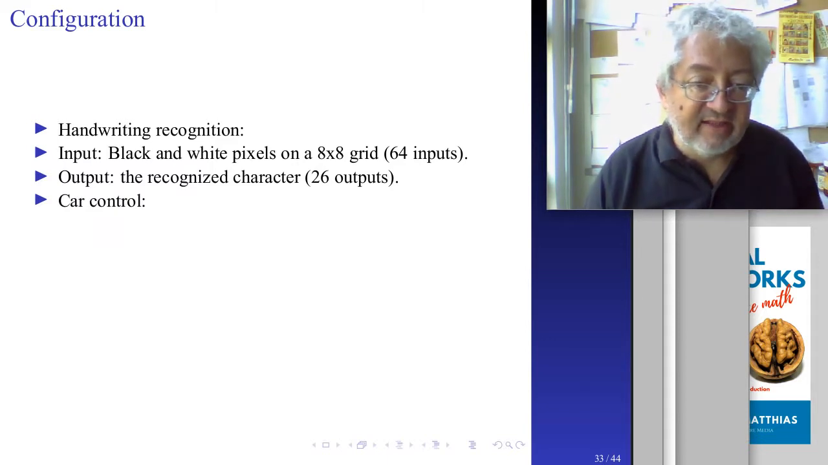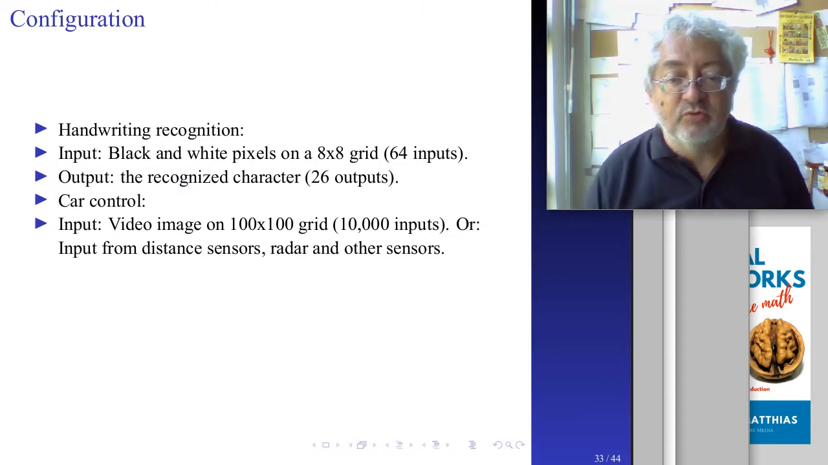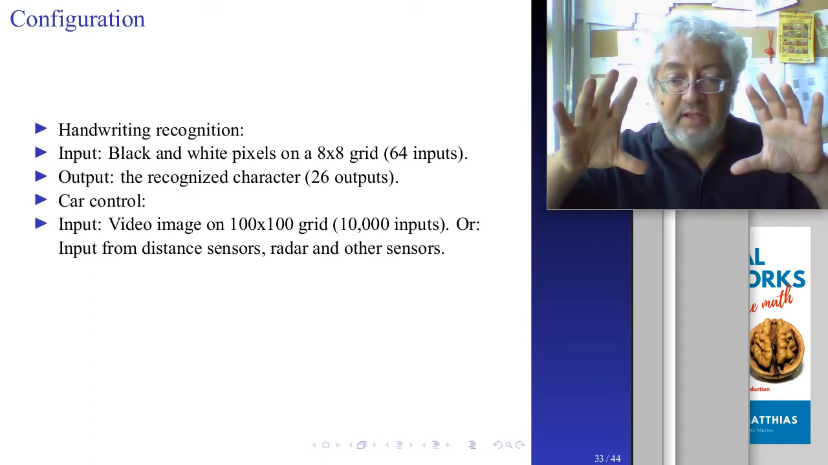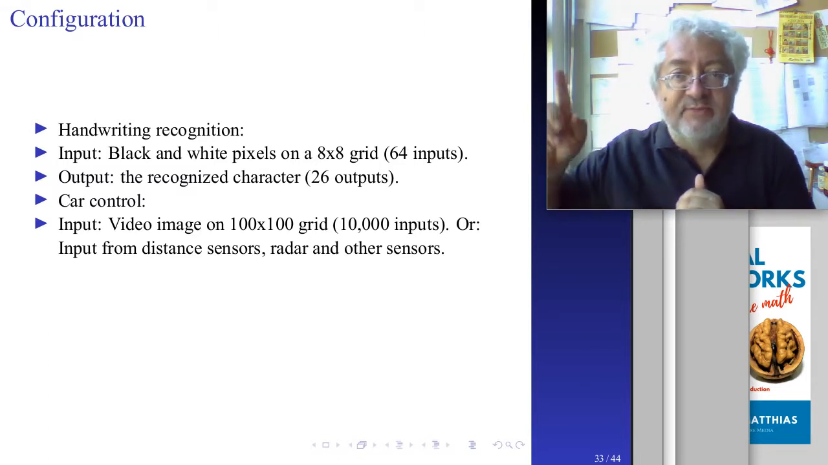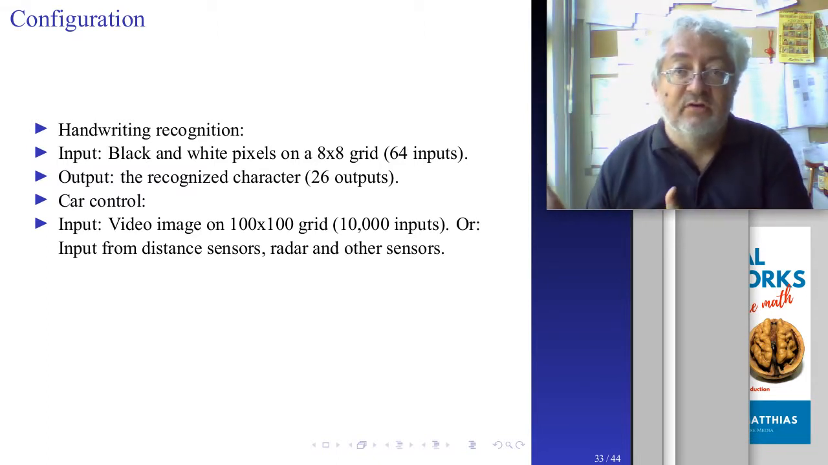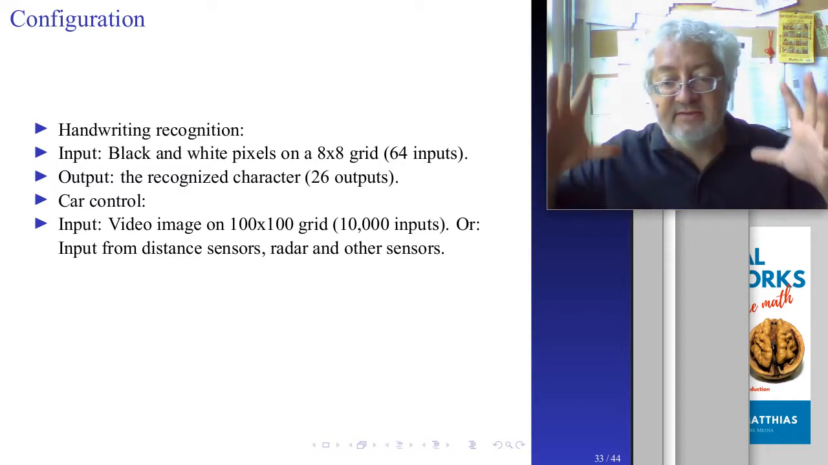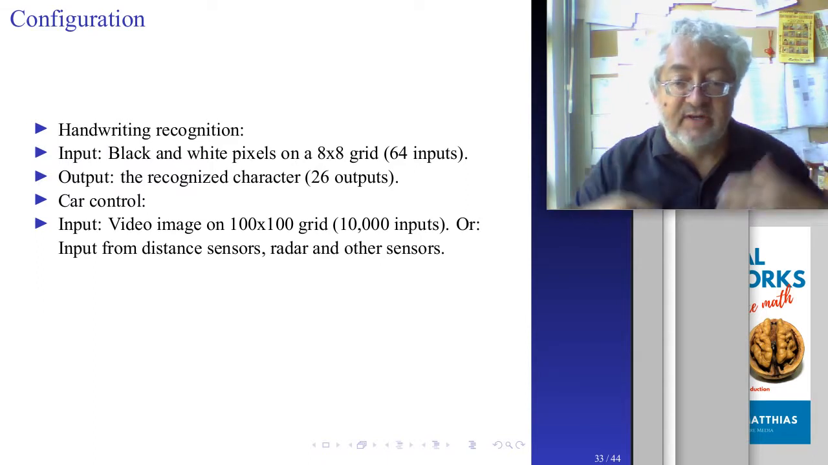Okay, so that's it. Now if I have another example, car control, for example, what would be my input? My input would be my video image, a grid again. It's always good for inputs to be grids, because a point in the grid maps naturally to one neuron in your input layer, right? And so making a representation as a grid gives you a two-dimensional view of things,